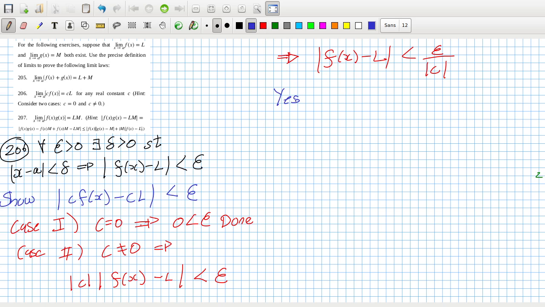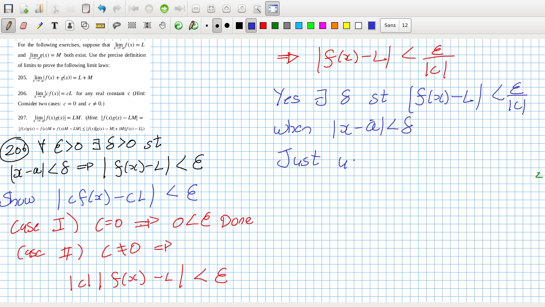So yes, there does exist a delta such that |f(x) minus L| will be less than epsilon over |c| when |x minus a| is less than delta. Just use the delta from the |f(x) minus L| less than epsilon form,